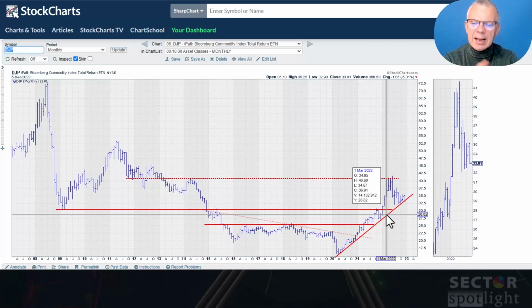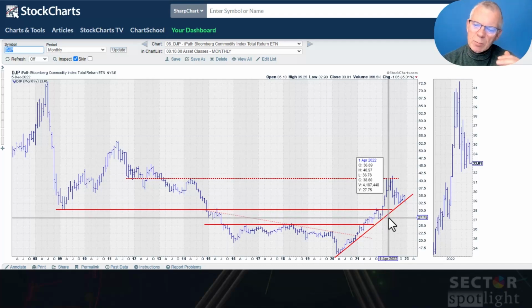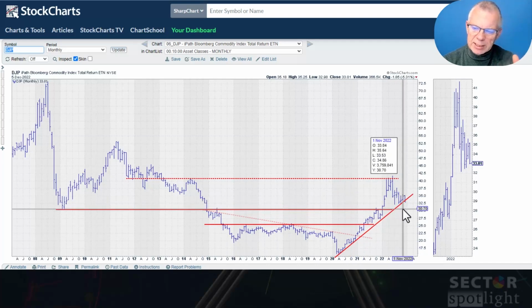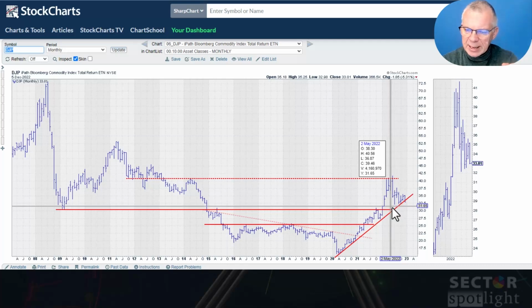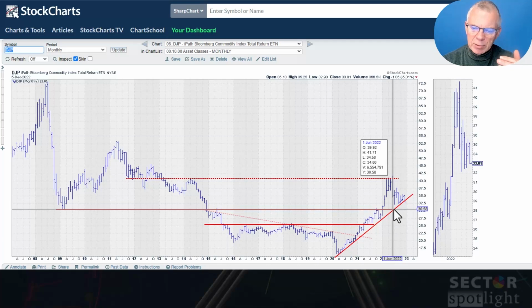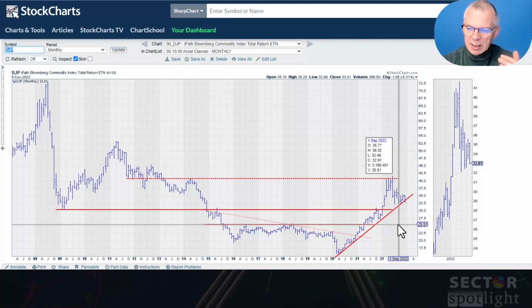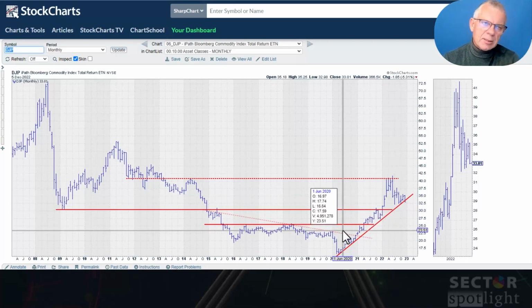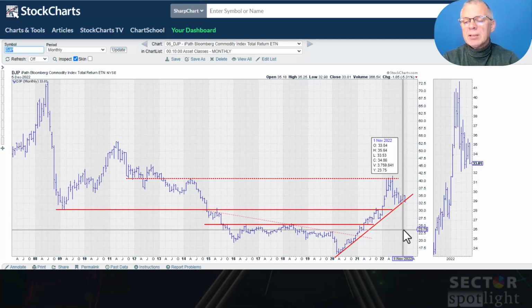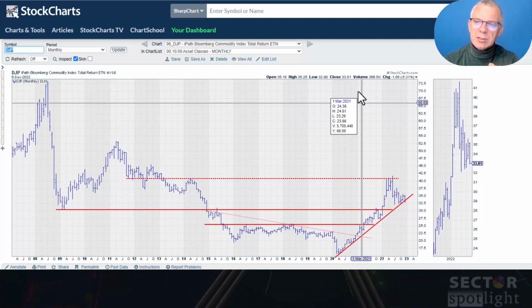And that is something that I was still expecting for this asset class to be in a very long-term turnaround phase. And it's still very well possible, but when we actually break this rising trend line, and even worse, if we drop back below 32, then there is a possibility that we need to go all the way back to 30, maybe even 26 to make it a real long-term bottom. So it's not necessarily the end of the turnaround, but if we're going to see these dropbacks, it's going to be a delay in the turnaround before it really starts moving higher.